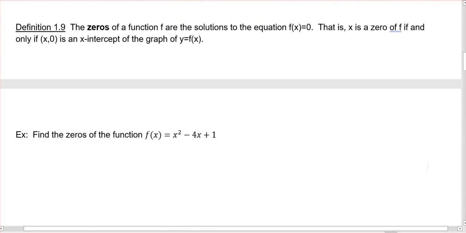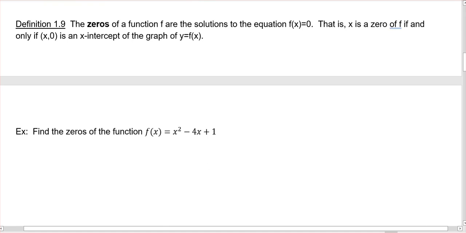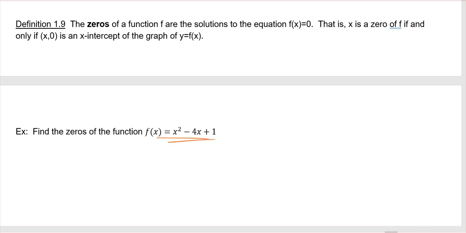We've got another definition here. The zeros of a function are the solutions to the equation f of x equals 0. So that means that x is a zero of a function f if and only if we get 0 as an output when we put in that number. So find the zeros of this function here. So we could